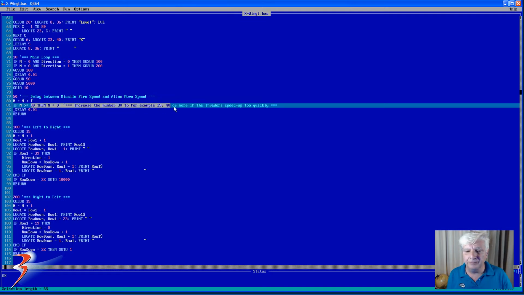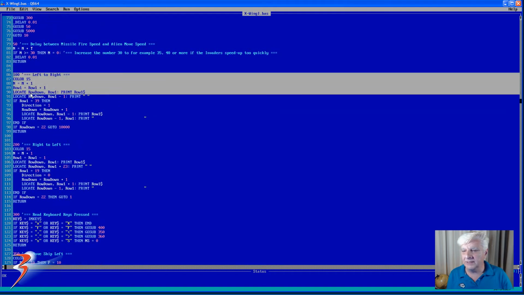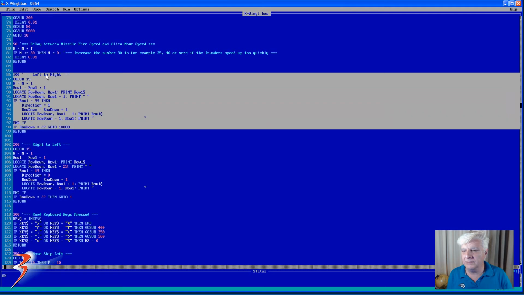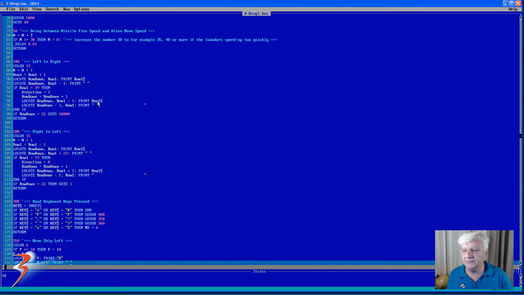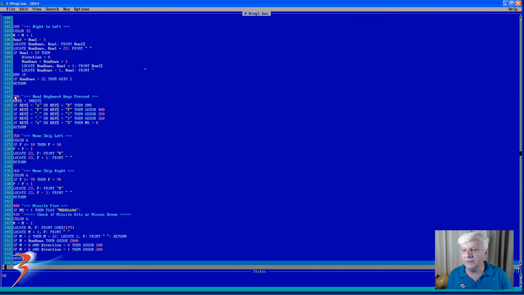If the invaders speed up too quickly, a lot like the original Space Invaders game, as you shoot them and fewer remain, the alien invaders speed up to increase the difficulty level. Also here's the subroutine to move the row of invaders left to right, and then I've got a